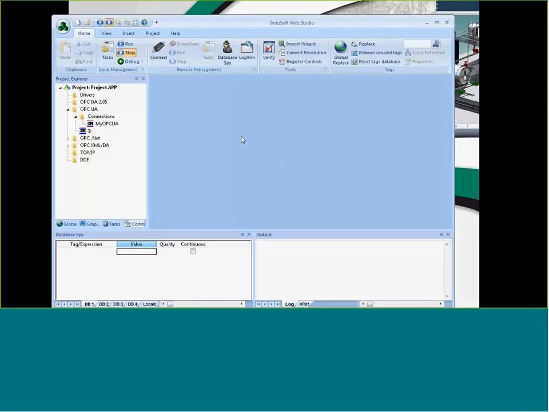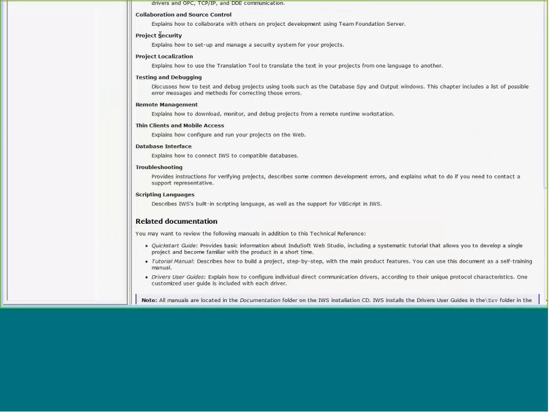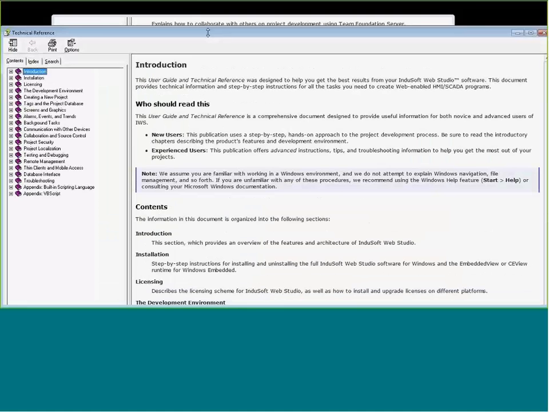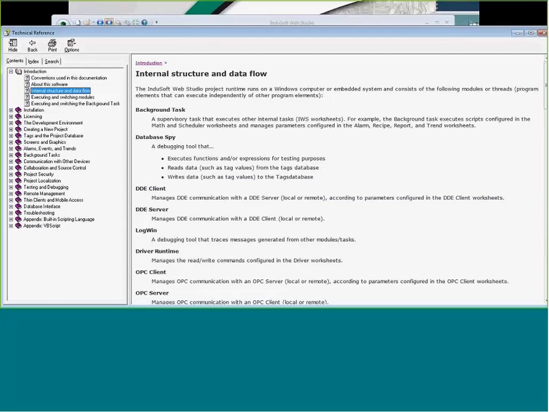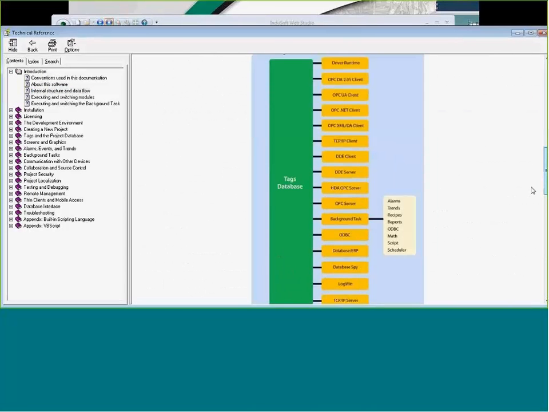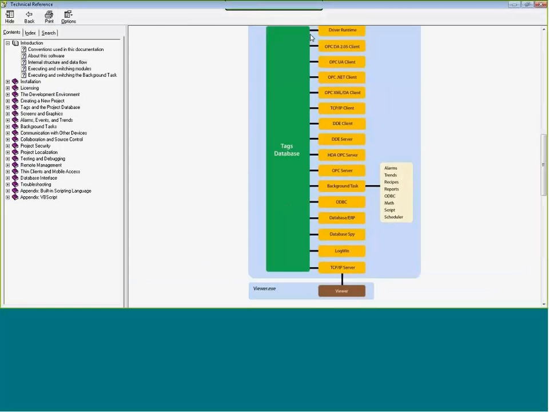So the question was, how can you work with this or simulate things if the OPC server is not online, or maybe you don't have the PLC connected to the other side? Well, in general, InduSoft Web Studio, let me open up the help system here, because this diagram is going to really show things in the best light. If we take a look at this section called Internal Structure and Data Flow, and I scroll down a little bit, this diagram really shows you that the tags database, let me see if I can maximize this here,